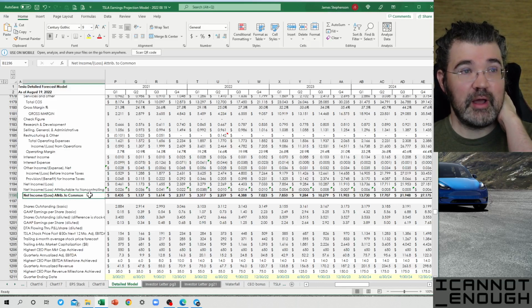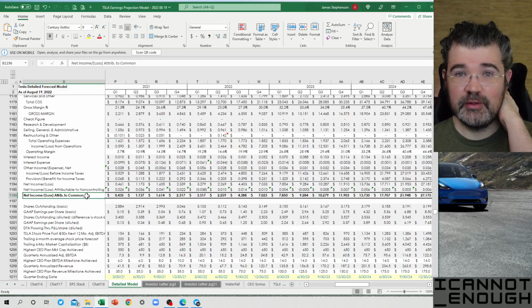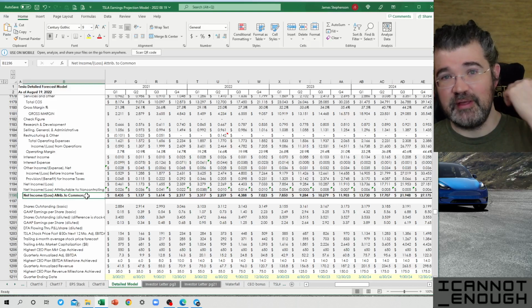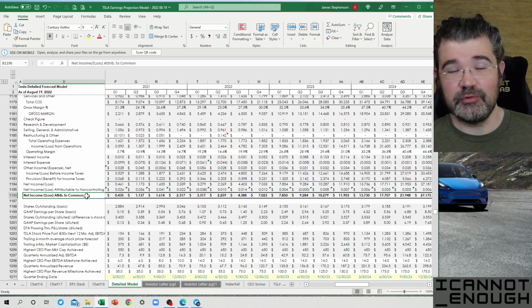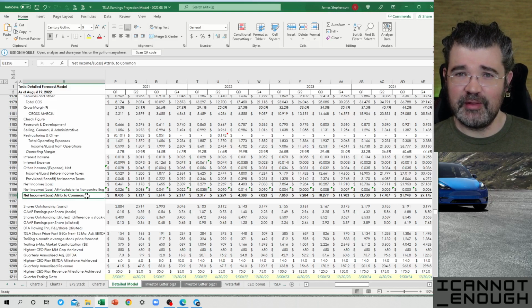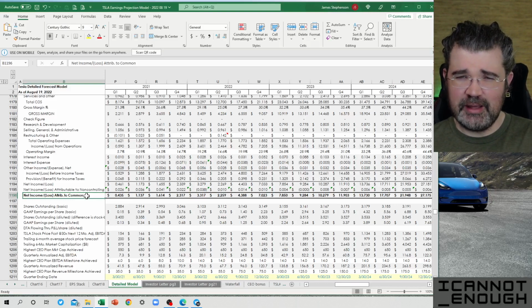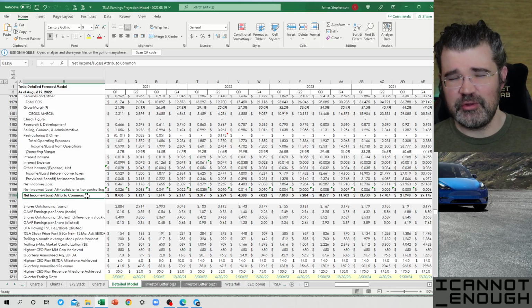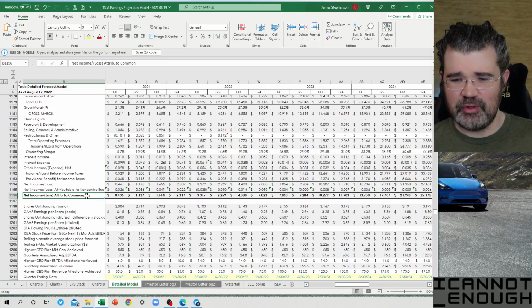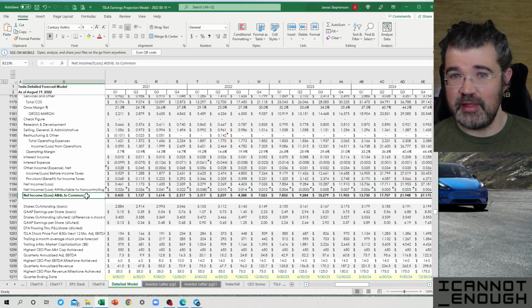So why does Tesla report their income statement totaling up to GAAP net income instead of non-GAAP? Because the reporting requirements of the SEC require it. If you put out an income statement, it has to add up to the GAAP net income number at the bottom. What's the difference between GAAP and non-GAAP? It's the stock-based compensation. So stock-based compensation is not a cash expense. Tesla doesn't have to actually pay out cash to pay off that expense.